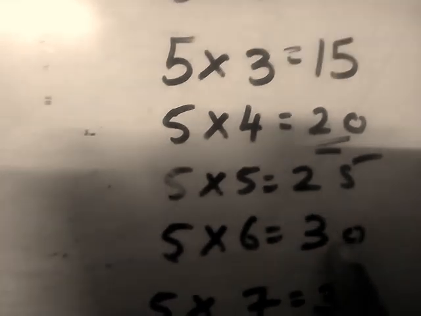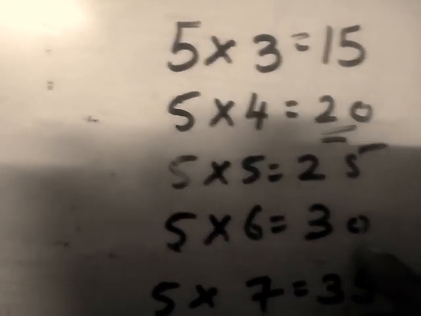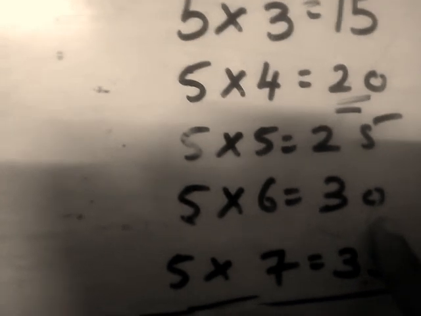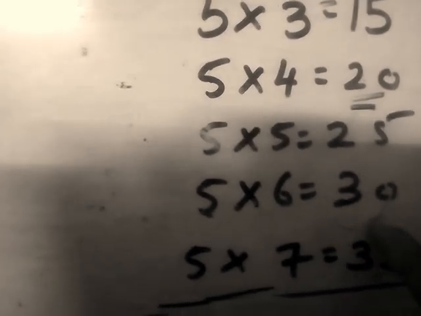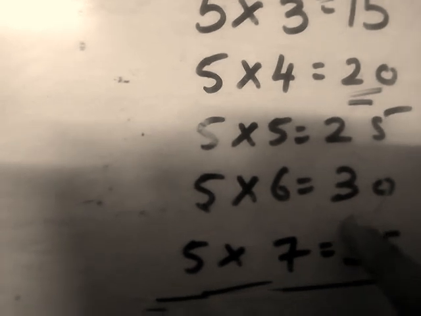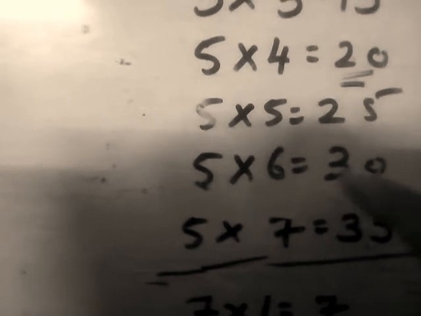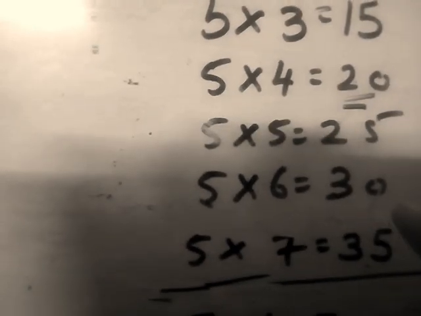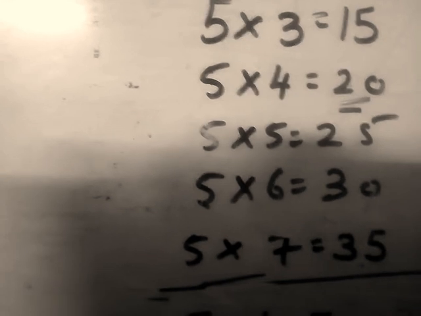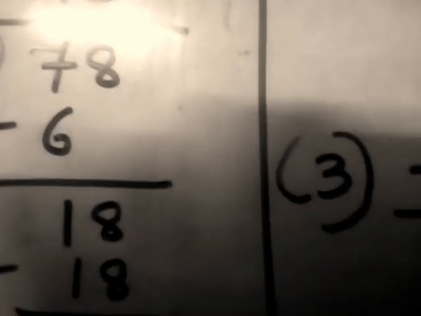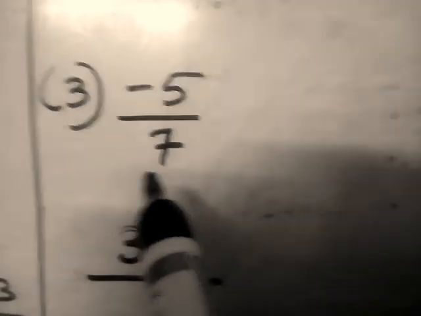So 5 sixes are how much? 30. You have to choose yourself which number you would like to use to do the sum. You can choose any number, but in the answer part, not in the multiplication part, after you are writing the numbers in multiplication form, means after you are writing the numbers in the table. So 5 sixes are 30. So the number 30 you have to take in the numerator. 5 how much are 30? I have taken 6 times. So the denominator, 7 is there.